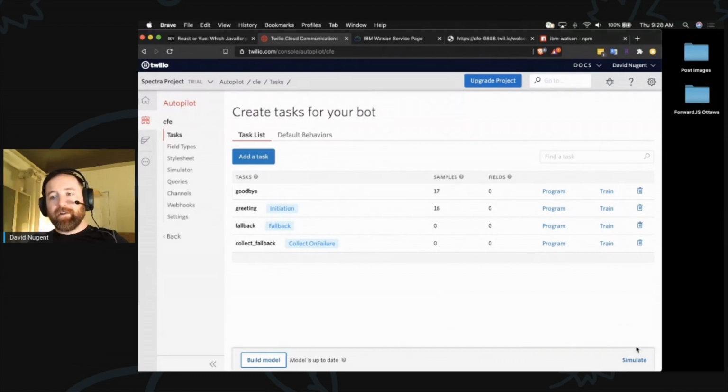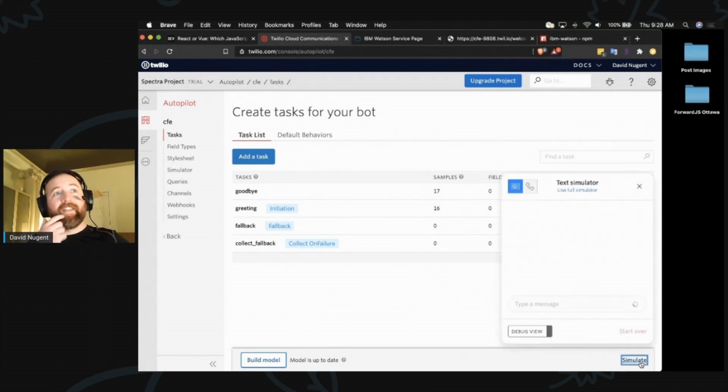And so down here in the lower right, there's a simulate link. If you click that, it will actually run your bot in this little simulator. You could obviously hook this bot up to all sorts of things. Simon, I see that you said you've used Twilio to send out text alerts before. So you could have this bot actually be communicating over an SMS bridge, right? Like I text the bot something and the bot responds, and then I text the bot something back. You could have it be working over voice. In this case, we're just going to be using the little text simulator here. You could have a React plugin on your web page, and you could have people be chatting with the bot